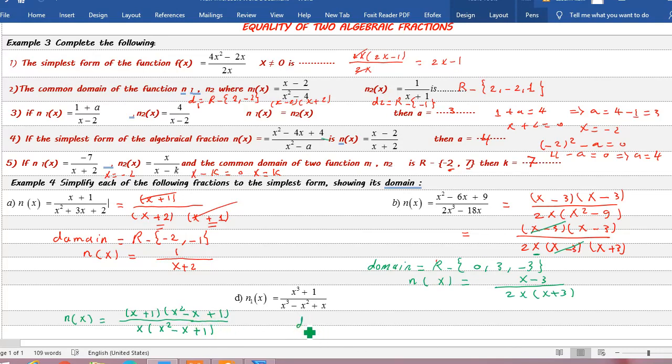Then the domain equals R difference. What is the number that makes the denominator equal 0? It becomes x equals 0, and the expression x power 2 minus x plus 1 does not exist; any number gives a nonzero value. Then the domain equals R difference {0}. Make the simplest form: cancel x power 2 minus x plus 1 with x power 2 minus x plus 1. The remainder is n(x) equals x plus 1 over what? Over